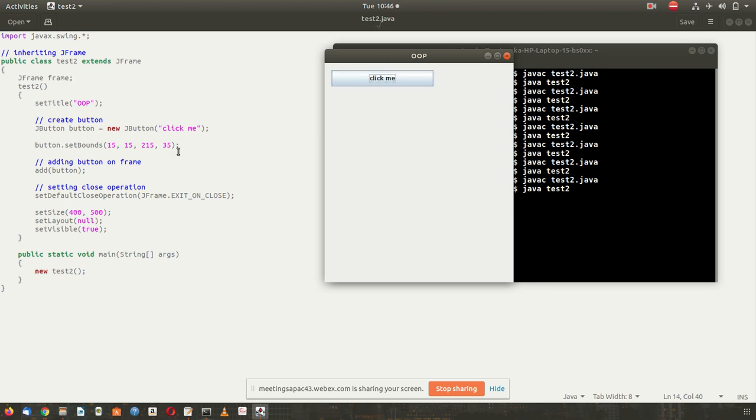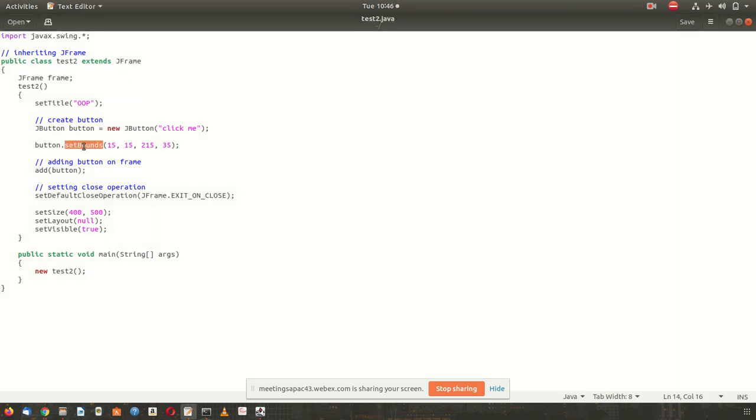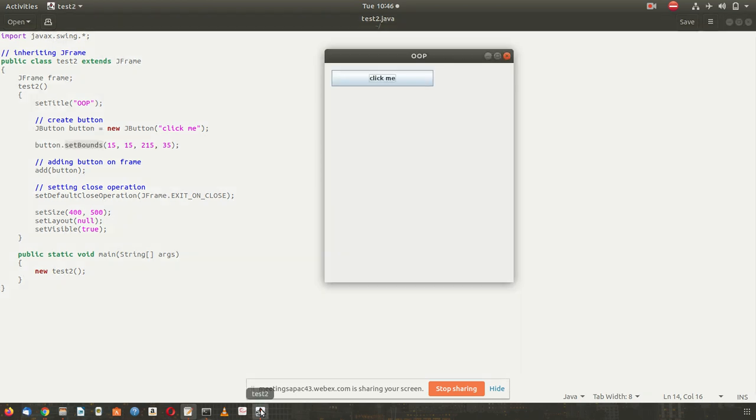Suppose there is a function called set title, and there is a function called button. You cannot change the name of the function, because Java will not allow it. That is why Java has allowed interfaces by which you can change the design of the button.